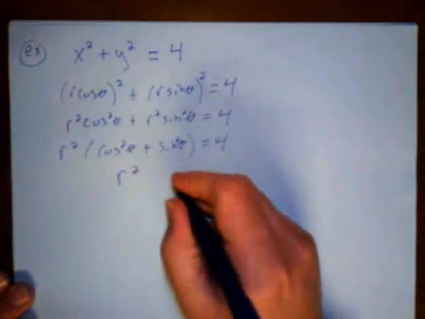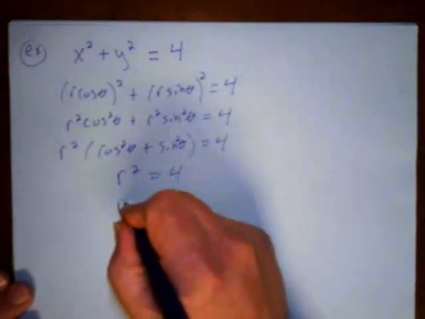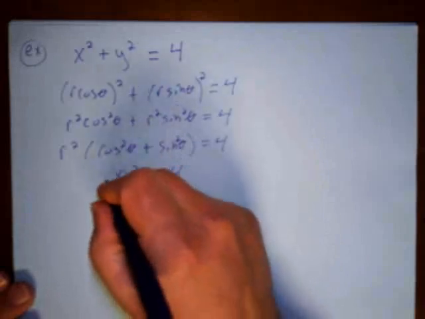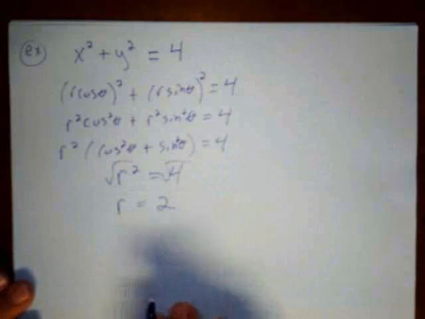So I just get r squared is equal to 4, and so my r, I'm just going to take the square root of both sides, and I'm just going to worry about the positive root when I do this. I get r is